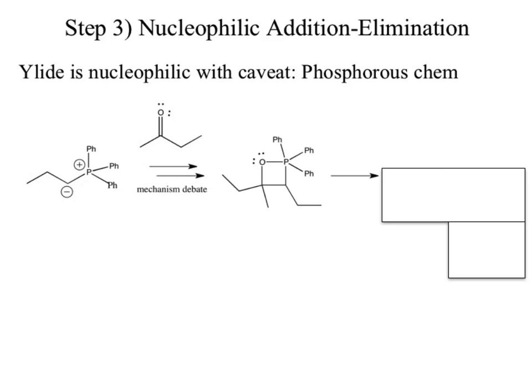Now we run into some fun stuff. We still have to make it out to our final product. A lot of this has to do with the connectivity between the oxygen and the phosphorus. There is a stronger bond between oxygen and phosphorus than there is between carbon and phosphorus, which means,